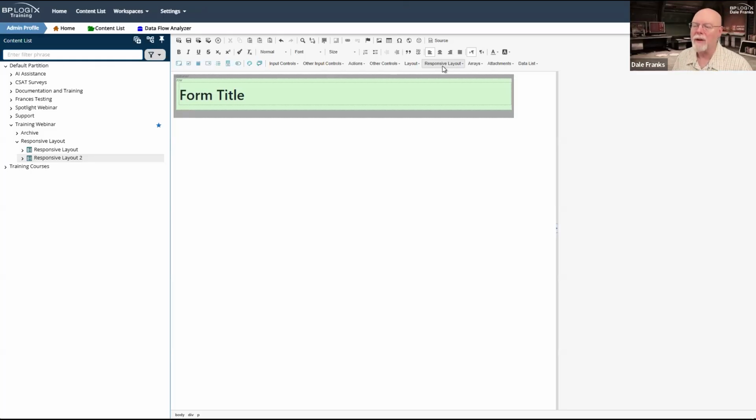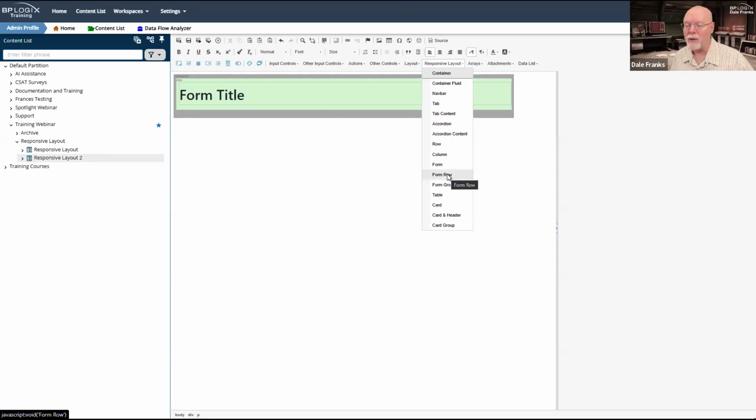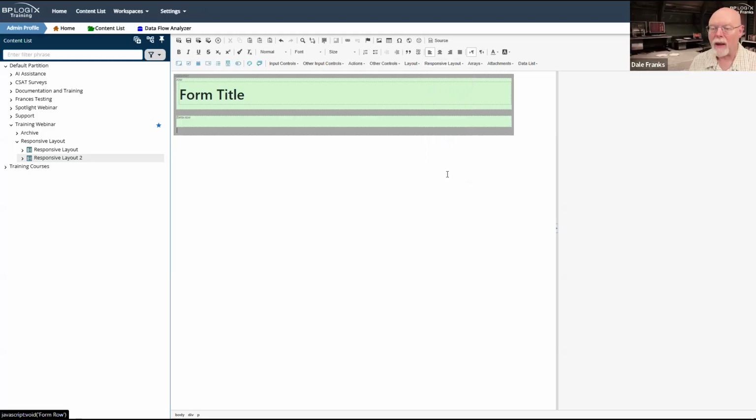So the next thing I'm going to do on my responsive layout, I'm going to need another row, but I'm going to be using form controls. So now I need to use a form row container. And then inside that form row container, I'm going to need to put as many form groups as I need to throw controls in here.